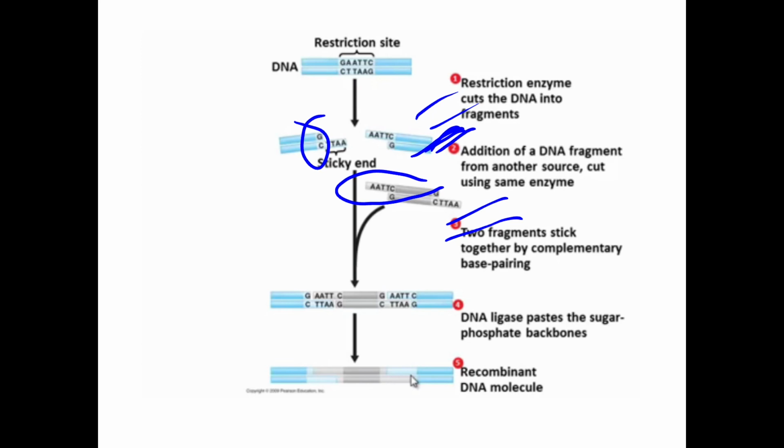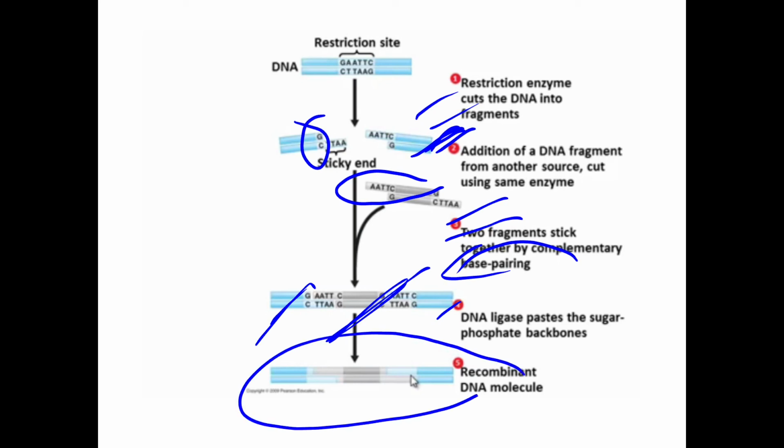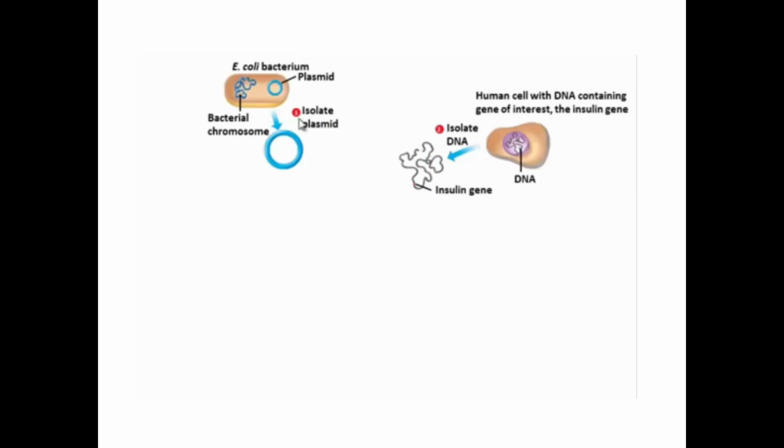So the DNA ligase easily joins those DNA molecules by forming phosphodiester bonds between two different molecules of DNA, that is the blue one here you can see and the grayish one, right? And the resultant DNA molecule formed is known as recombinant DNA molecule.